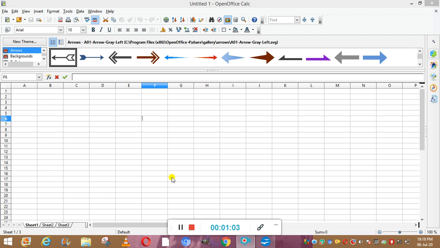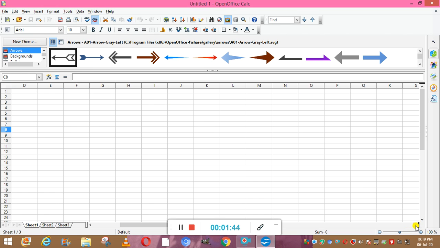Okay, so it is a program to create, format and compute numbers, and it displays the data in rows and columns. Okay, and the intersection of row and column is known as a cell. So all these things are the cells. You can see these are the columns and these are the rows, and wherever you see the cursor, that is known as the active cell. And this OpenOffice consists of 65,536 rows, okay, and 1024 columns. So these are 1024 columns.